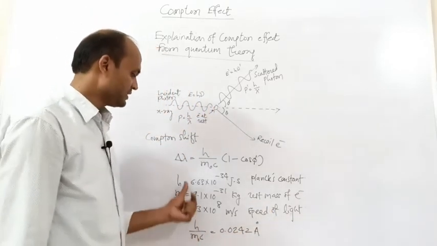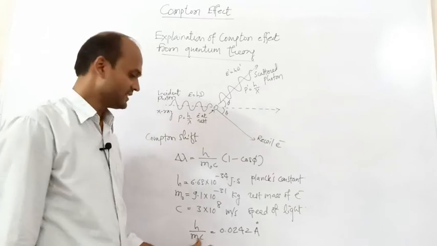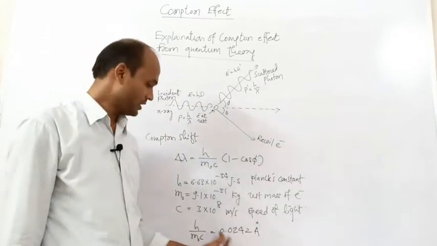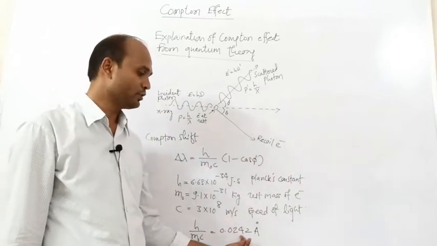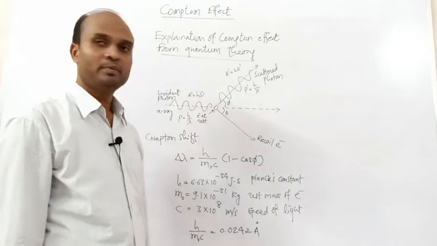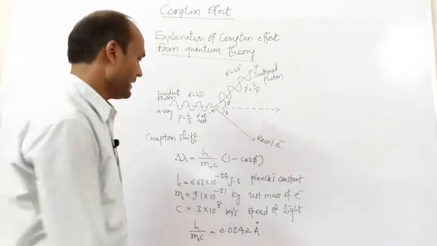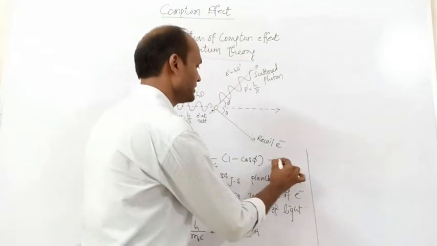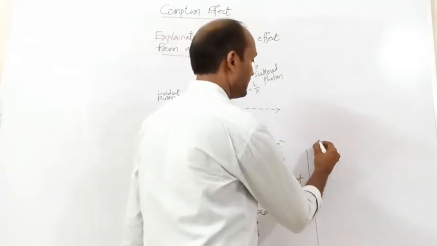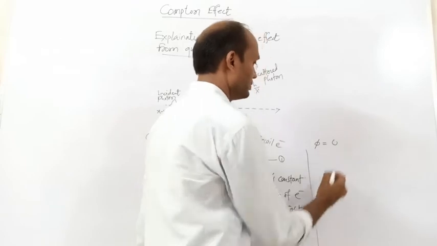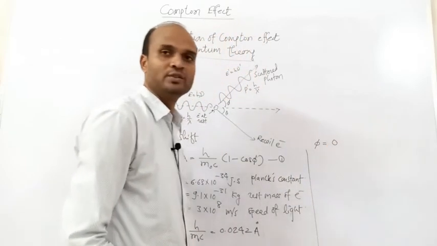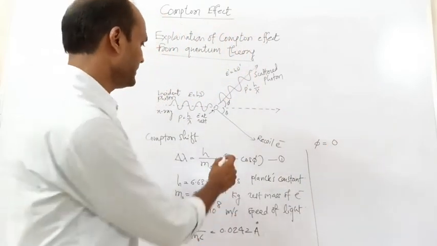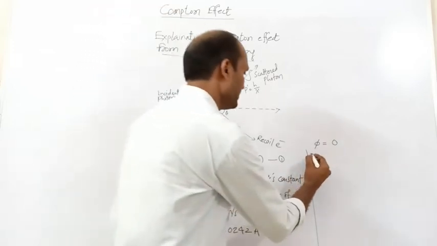So if we use these values of constants, we can easily derive the value of h upon m0c, which is 0.0242 angstrom unit. And if we use these values in this equation, for phi equal to 0, equation 1 becomes